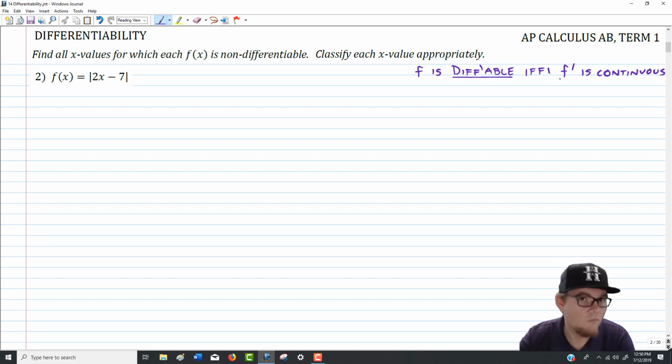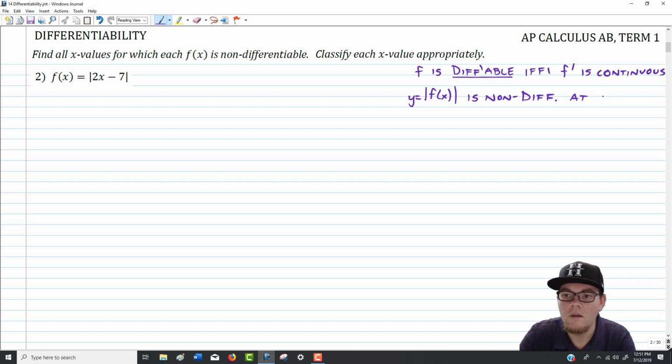Now with that said, I mentioned that there are three major types of functions that have differentiability issues, and those will allow us to quickly diagnose and find that x value just by looking at the type of function. So our first type of function to look at is an absolute value. If you have an absolute value function, I'm going to call this y equals f of x, I'm going to say non-differentiable